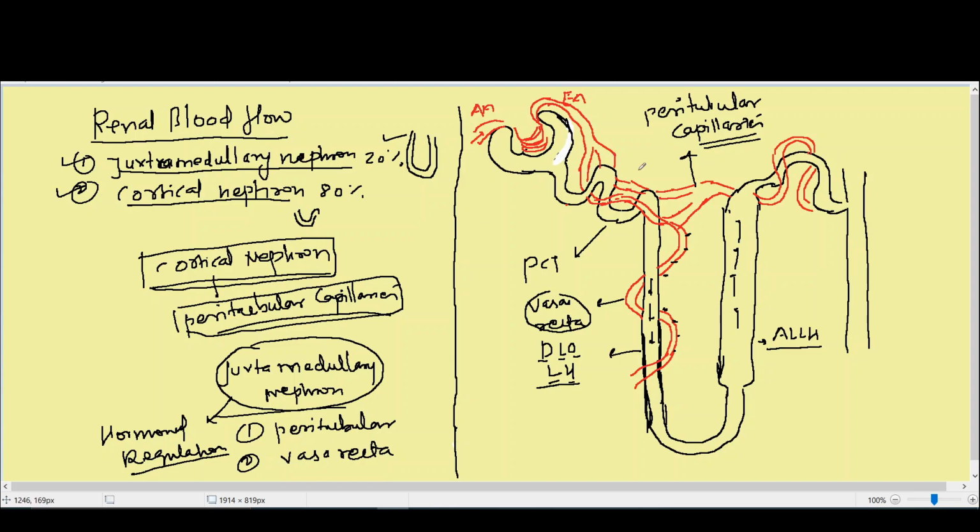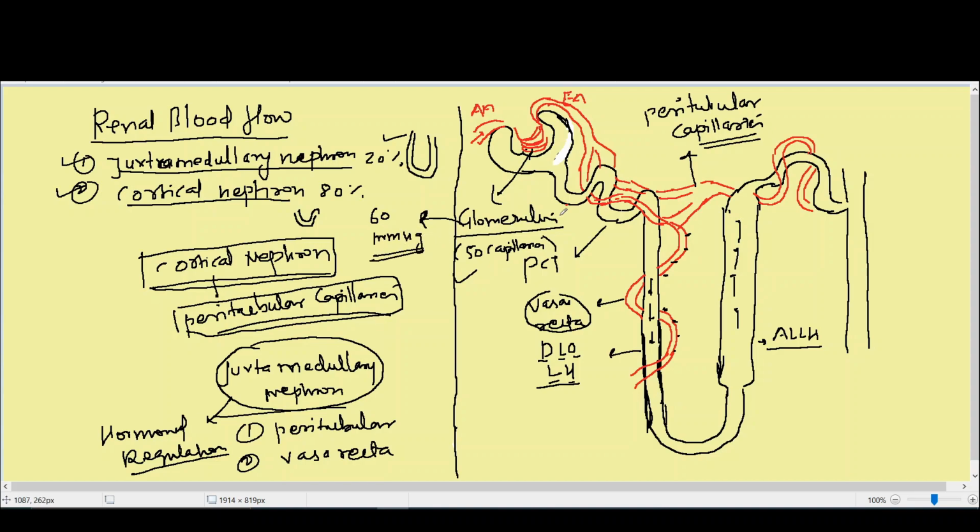Now we have two types of capillaries, one of which is known as the glomerulus. You need to understand that in the glomerulus there are about 50 capillaries, and this is why we have a high pressure in the glomerulus. The capillary pressure, meaning the pressure of blood present in the glomerulus, is about 60 millimeter